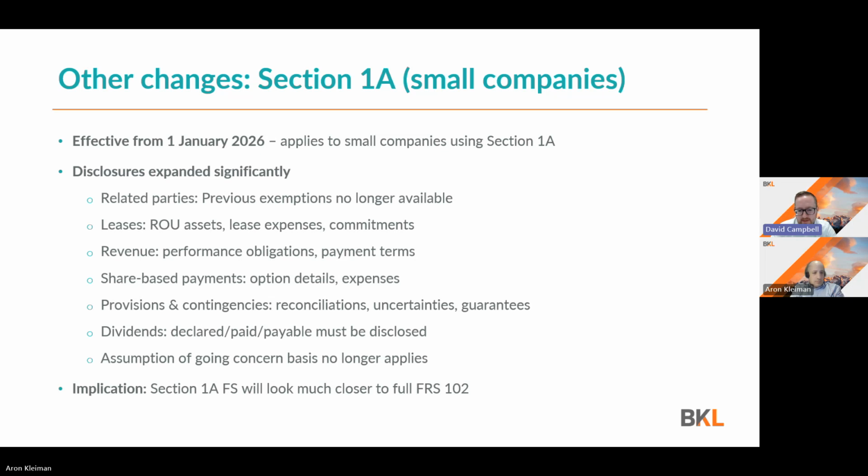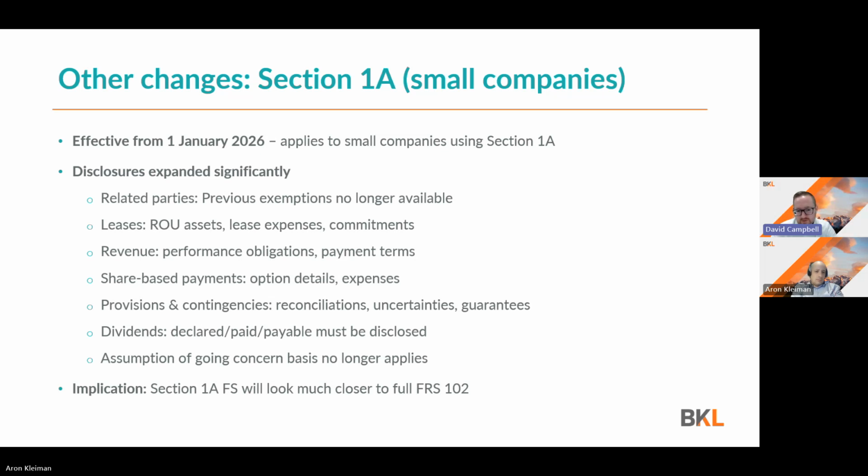And the key point is that some of those quite useful exemptions are being taken away, and I've listed them on screen here, probably just to draw attention to a couple of the most important ones. The related parties: previously there was an exemption allowed if the related party disclosures weren't required in order to give a true and fair view. That's been removed. The related party requirements are now in line with full FRS 102, so there's less leniency and removal of that true and fair assessment. So it takes some judgment away from directors around that.